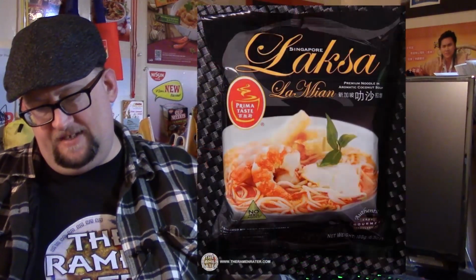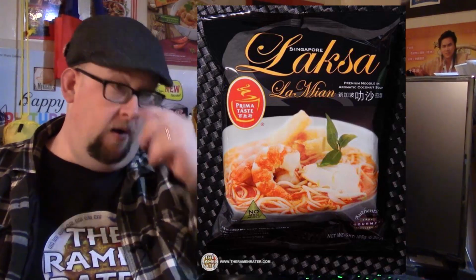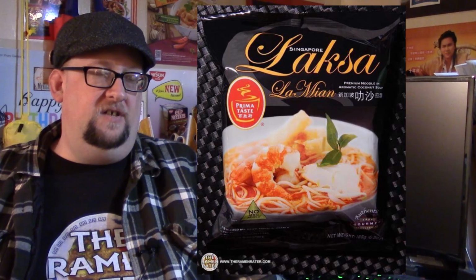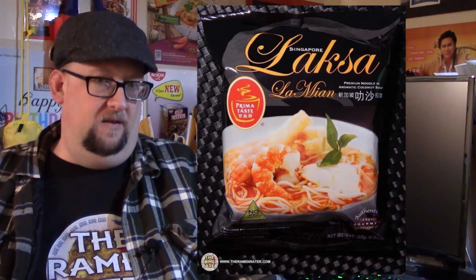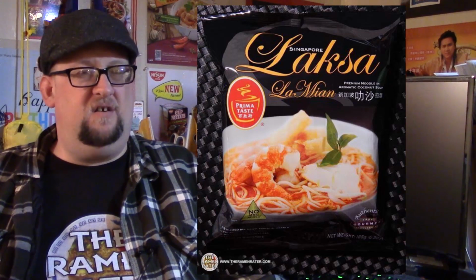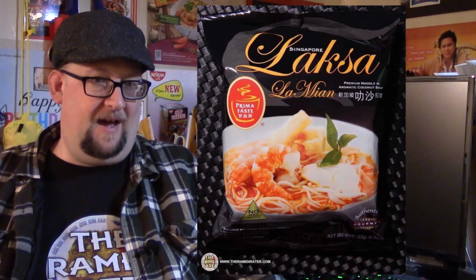All right, next we got the imports. So starting that list off, we have Prima Taste Singapore Laksa Ramyun, and this is from Singapore. This one, you're gonna have to look around for a little bit. If you have a large Asian grocery near you, chances are, at least if you're on the West Coast, you're gonna find it. From a big black pack, as you can see,